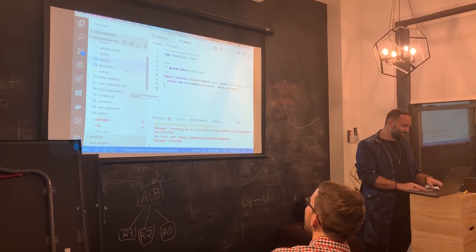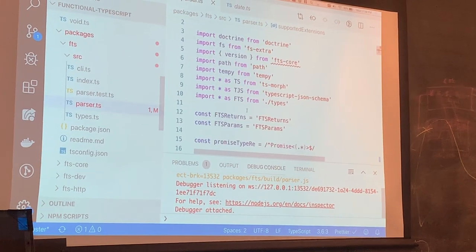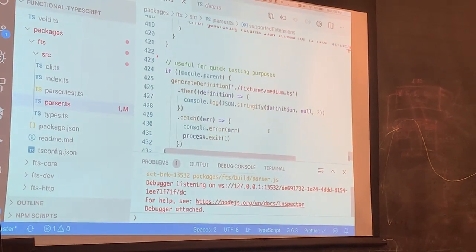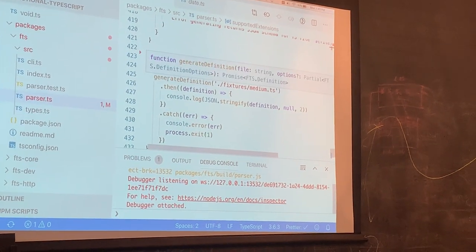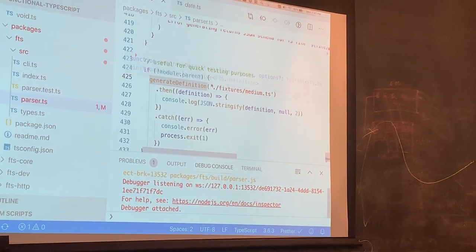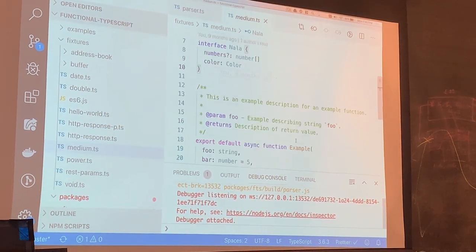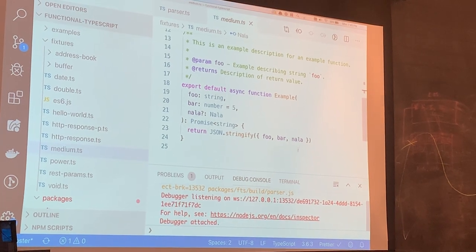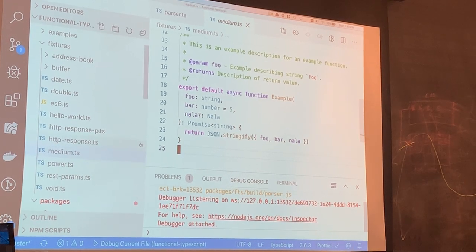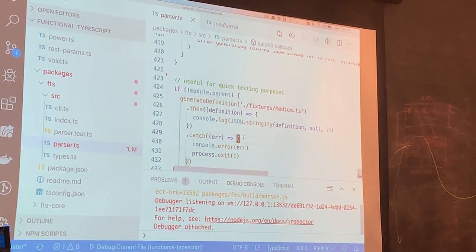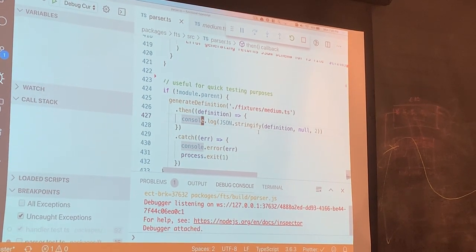So, we have a bunch of these example functions over here. I think the one it's set up to target right now is at the very bottom. We're going to look at a medium complexity example, and I'm going to first show you the output and what it's doing, but we're going to look at the source code we're going to run this on. Medium.ts is using an enum, it's using an interface, it has some default values, using some async stuff, so it's just a non-trivial example. And we're going to run the FPS parser on this. We're going to go ahead and run it and hope that it works, because live coding is always